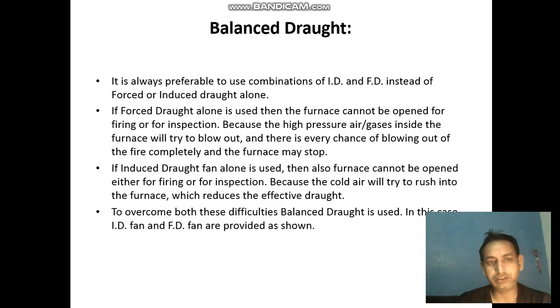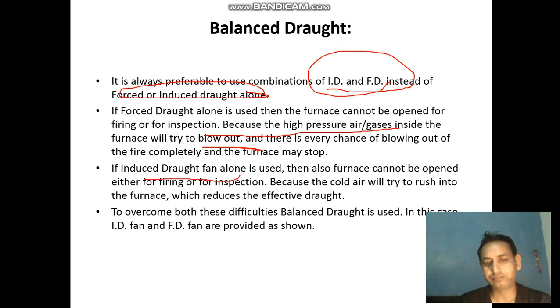It is always preferable to use the combination of induced and forced draught fans instead of forced or induced draught alone. If forced draught alone is utilized, then the furnace cannot be opened for firing or inspection, because the high pressure air and gas inside the furnace will try to blow out, and hence there is every chance of blowing out the fire completely, and the furnace may stop. In case of induced draught fan alone,